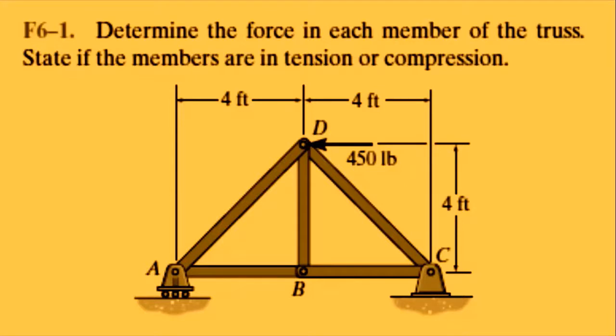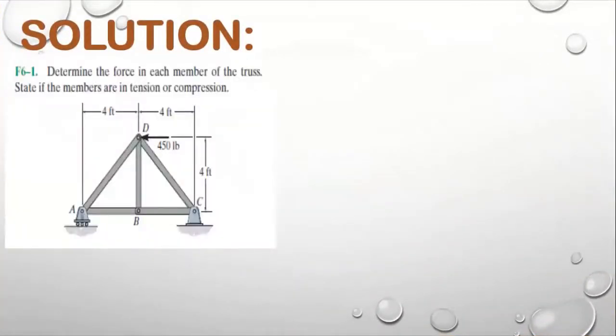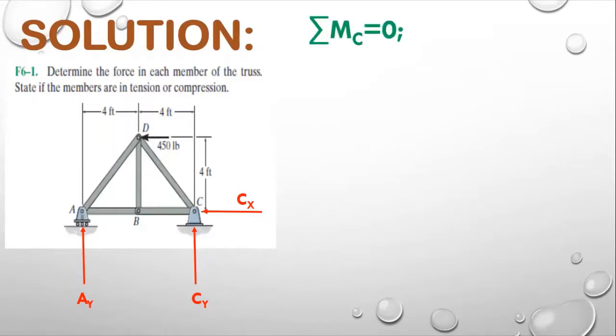So first of all we have to find the member forces. No, not member forces at all. We have to find the support reactions first. In this solution, this is the diagram, and at joint A you can see there is a roller, and at joint C there is a hinge support. So only one reaction acts at joint A. I am going to draw Cx, Ay, and then Cy. So there are two support reactions at joint C, and only one vertical support reaction at joint A.